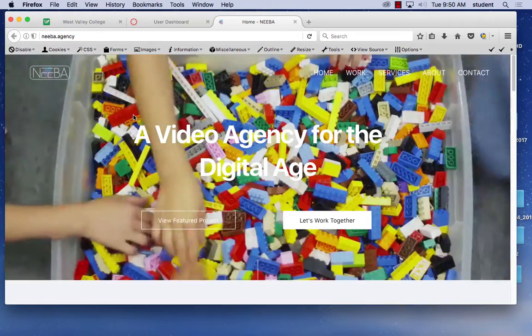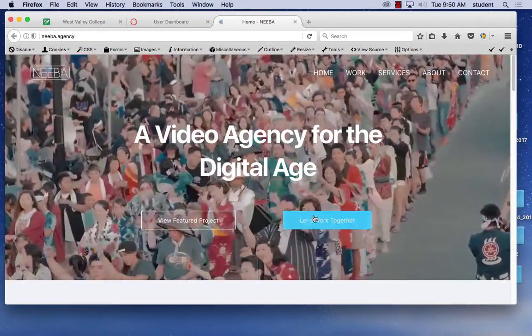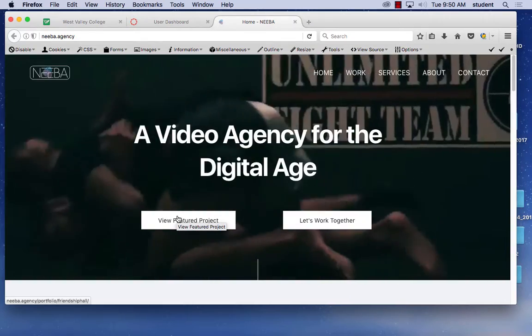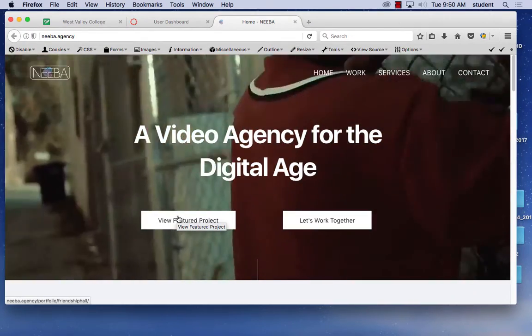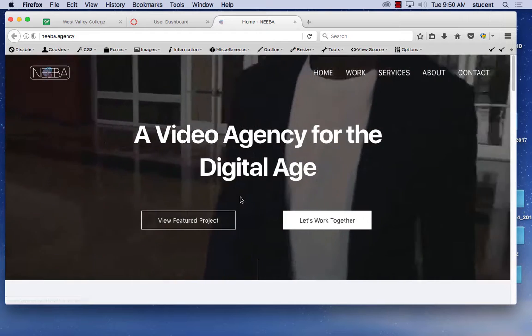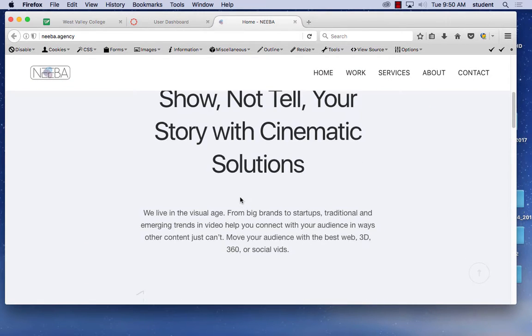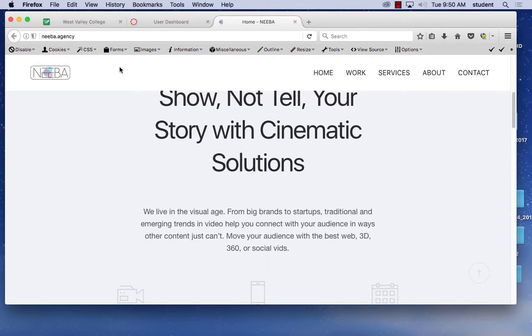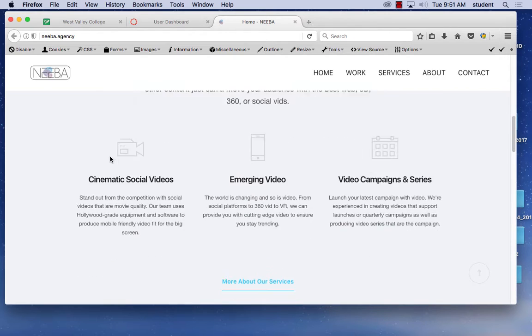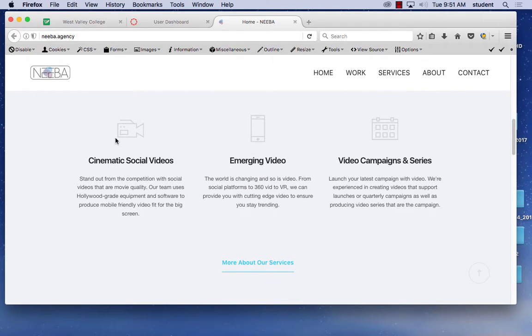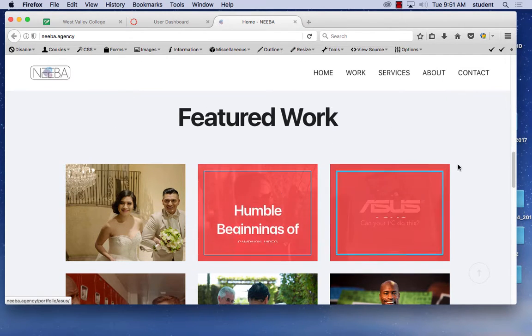It's kind of a nice site. If you scroll down, you've got "let's work together" and featured projects here. It's very simple. You can see the videos. There's a lot going on. As you scroll down, he's got some nice big text. The menu at the top is sticky and stays there. We learned how to do that; I showed you how to do a fixed position. Then as we scroll, you'll see we've got 3 options here, and as you scroll down they have another 3-option section